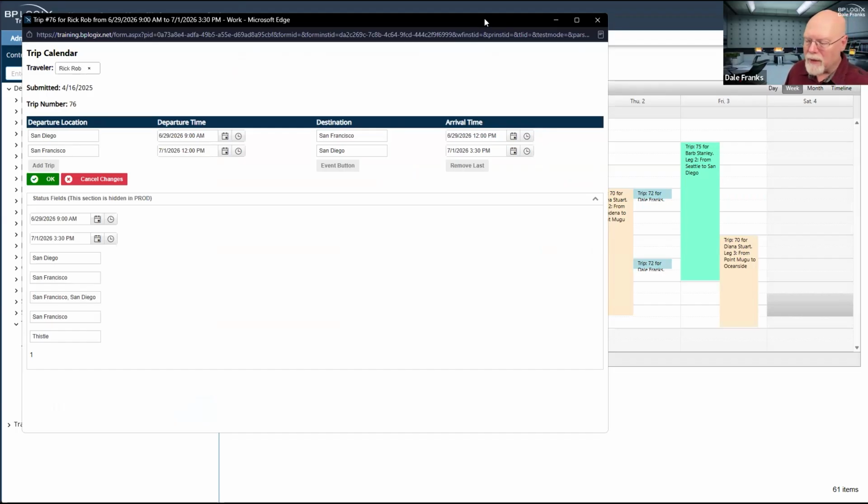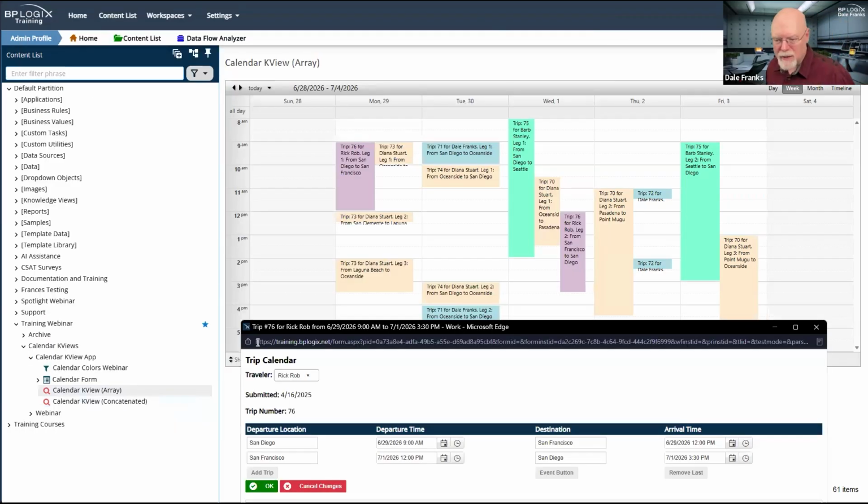So only the top section right now is relevant to this particular knowledge view. So I have two legs to this trip. So I'm departing from San Diego to San Francisco, and then on Wednesday, traveling from San Francisco back to San Diego. So I have two legs for my trip.